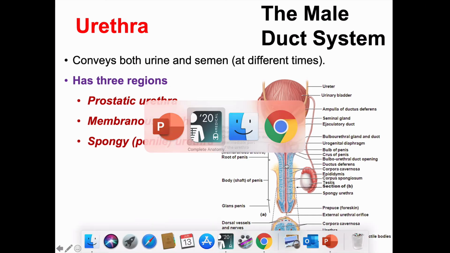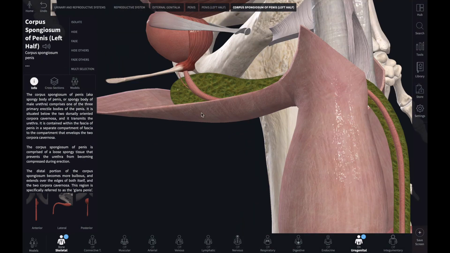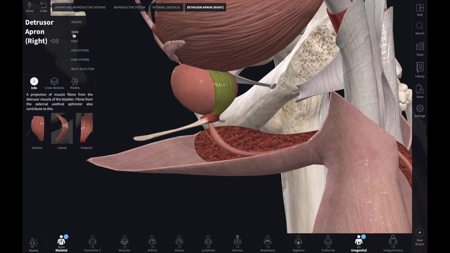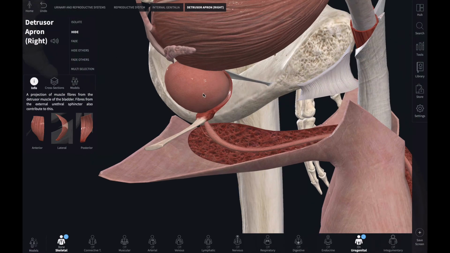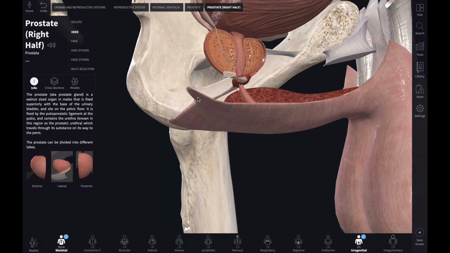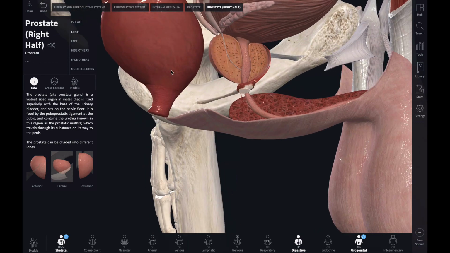So when you look at the prostate gland in the male, this prostate gland is present only in the male, okay, and it is attached by the puboprostatic ligament and also the detrusor apron muscle, okay. So here if you see, this is a boggy shaped gland, and the urethra is opening here in the anterior aspect. So when you want to see whether the prostate gland is enlarged, you have to insert the finger in the rectum and palpate this